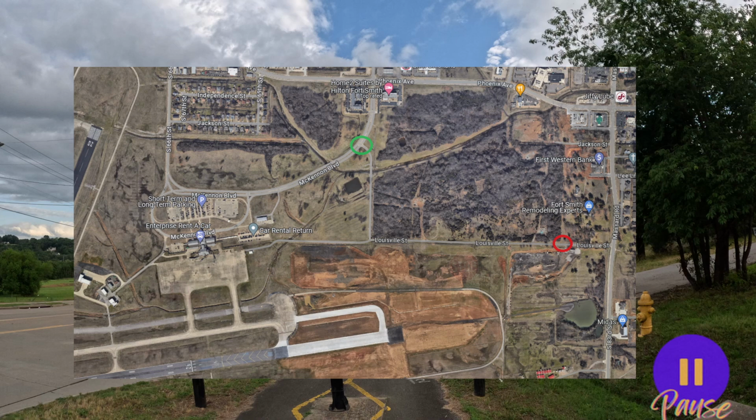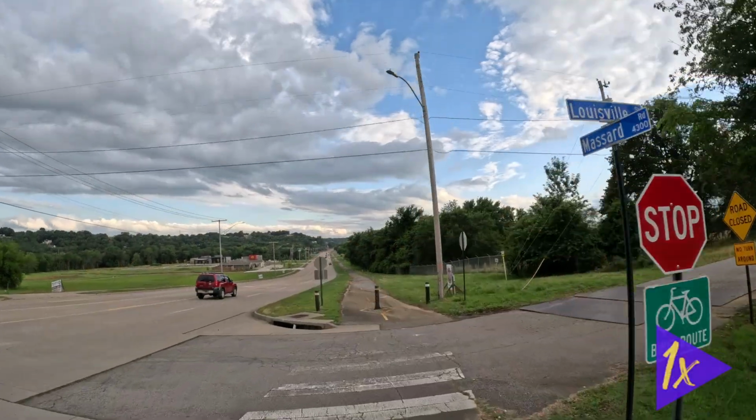But what's interesting is the other side of the road is not gated, so if you're a cyclist coming from the other direction, you can go into this supposedly restricted area just fine. It's not gated off, and I don't know why they've chosen to do it that way. I think it's just because they figured everybody is going to be in a car, and therefore we don't need to gate the other side. It's literally just a small curb that you have to hop, and then you can be in this restricted area. Anyway,